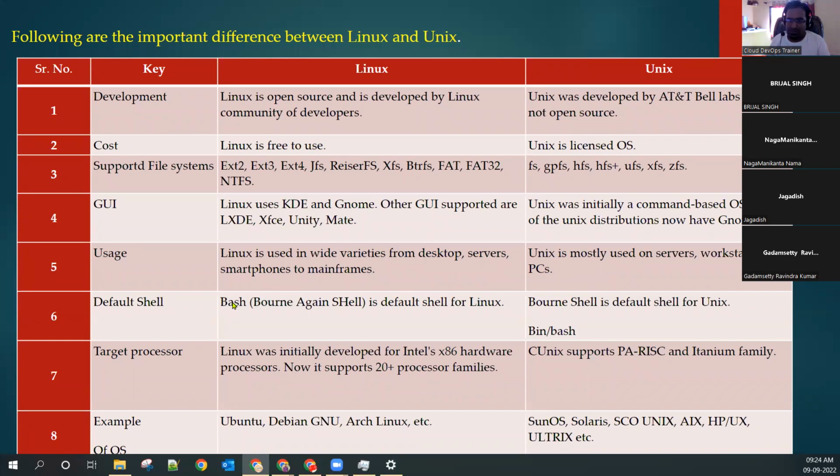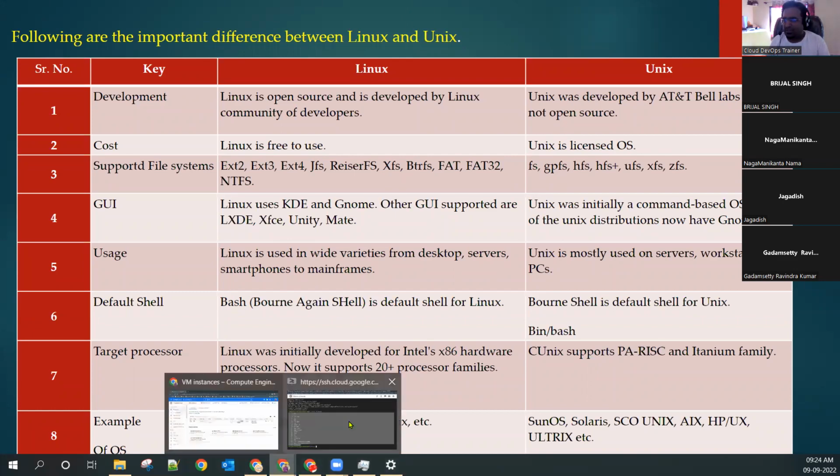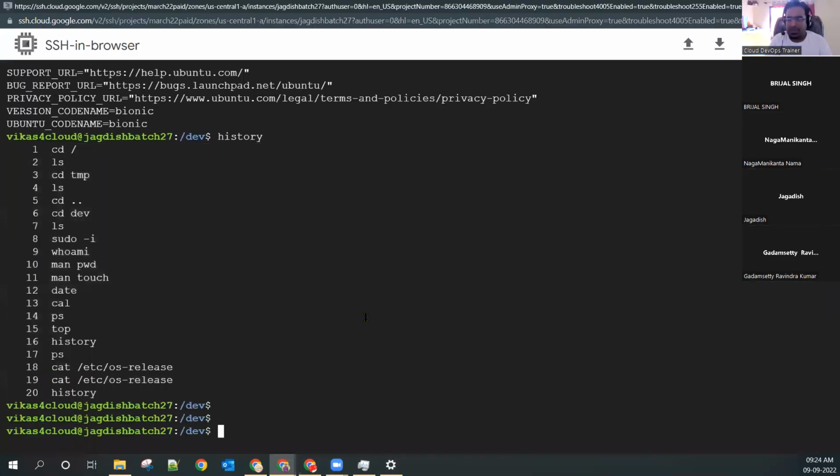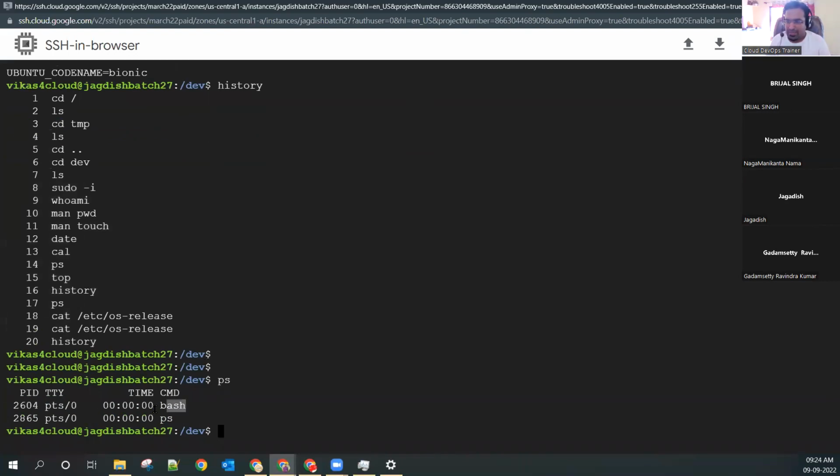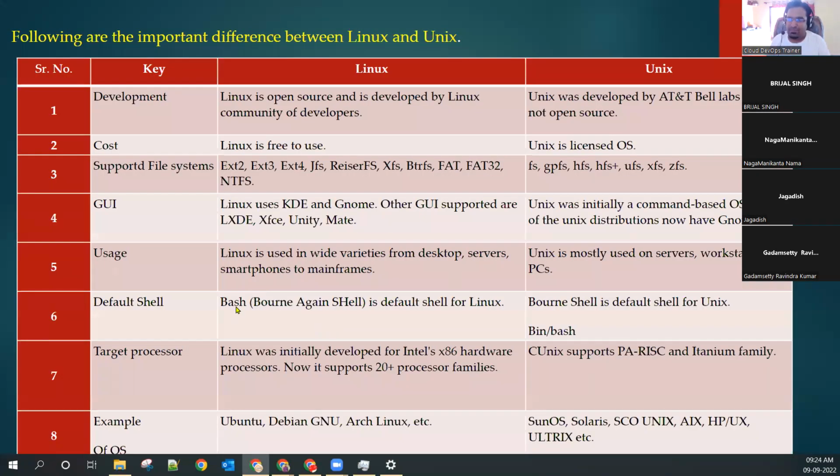Just remember the name bash. Somewhere we will see the keyword bash in today's class. In Ubuntu, it's a bash system. Bash is known as Bourne Again Shell. If you want to run any command, we are running it in bash. Here also it's bash. No worries.